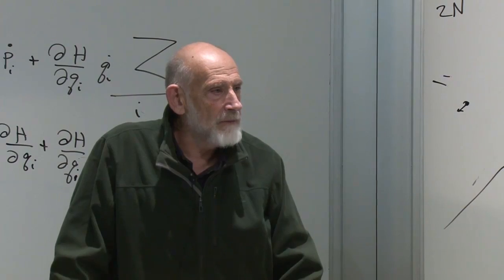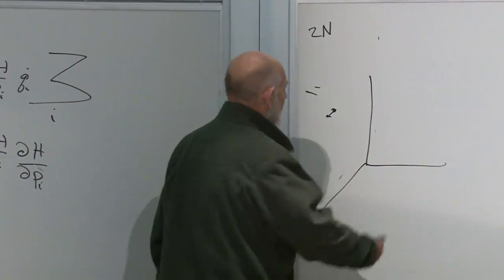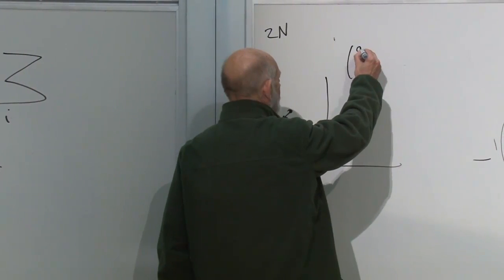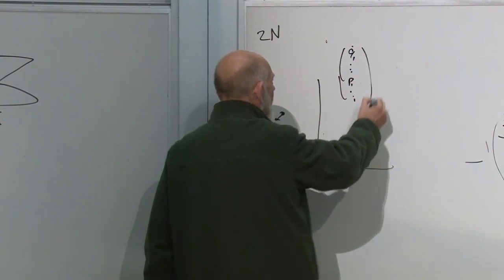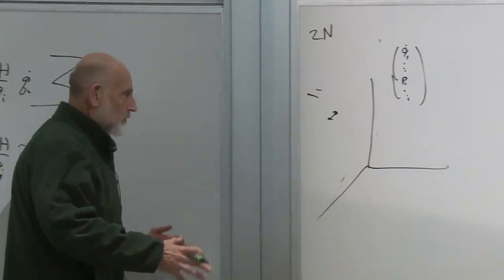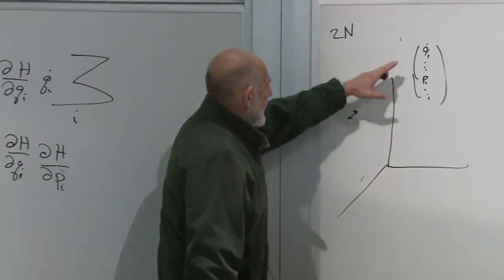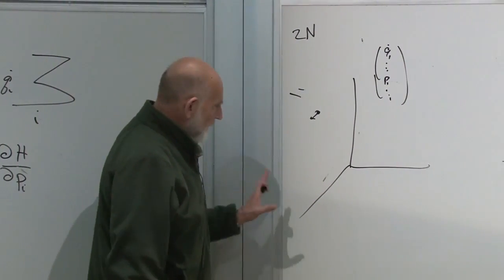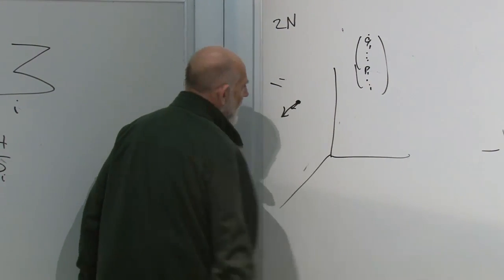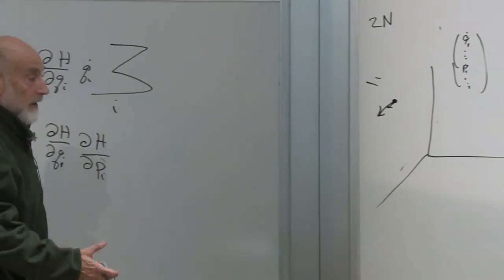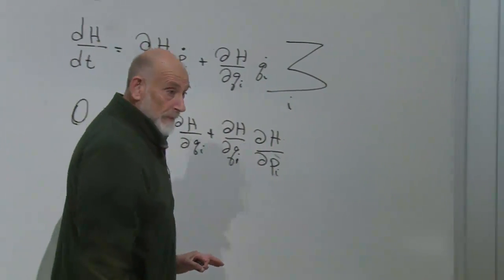Q dot and p dot. So we make a little vector out of them: all the q dots and all the p dots. Line them up, Q1 dot, Q2 dot, and so on, P1 dot, and so on, and make a vector, a thing whose components are those. And then that velocity vector can be thought of as a vector in the phase space, showing the direction of flow.